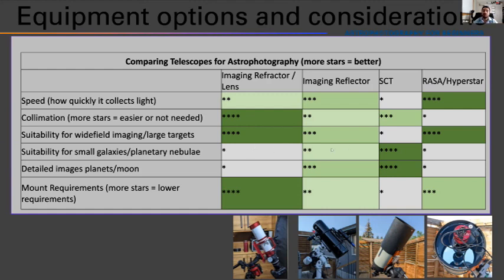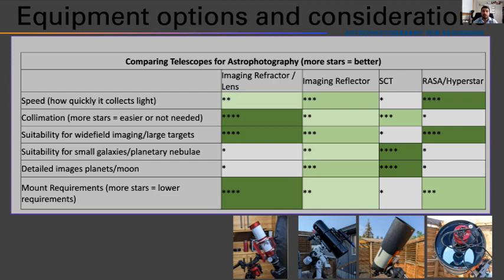Imaging reflector, with a focal length usually between 600 millimeters and 1,000 millimeters for most commonly available imaging reflectors, can do smaller galaxies or galaxy clusters and planetary nebulae as well, so that's a consideration. Schmidt-Cassegrains are great for smaller galaxies or planetary nebulae because of the long focal length.